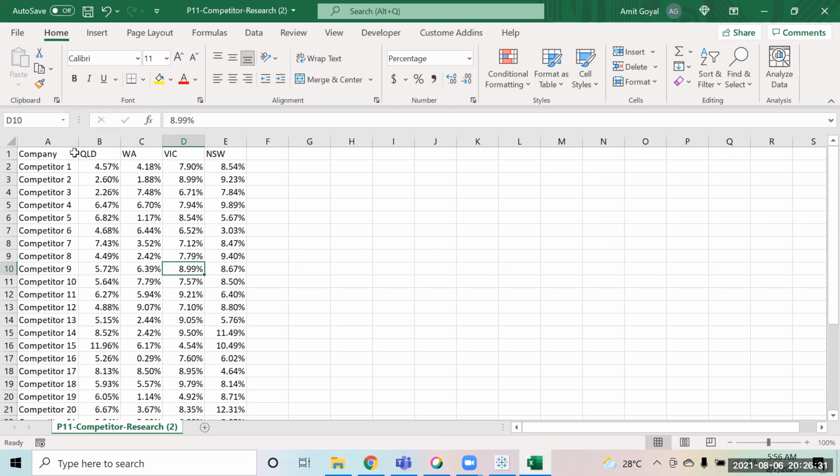We can group that profit margin by these regions, the 4 regions. Since this much data is only available, we can see the profit margin based on the region. Profit margin is given to us. For Queensland, for competitor one, this is the profit margin. And the same competitor working in Western Australia, this is the profit margin. And in Victoria, this is the margin, and in New South Wales, this is the margin.